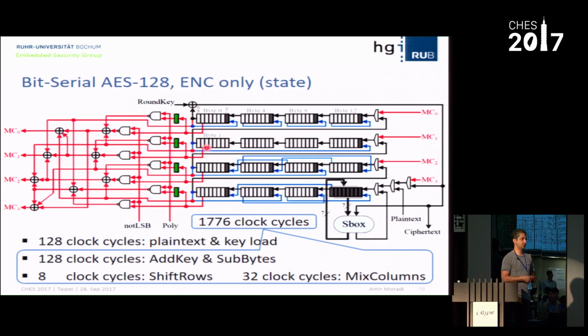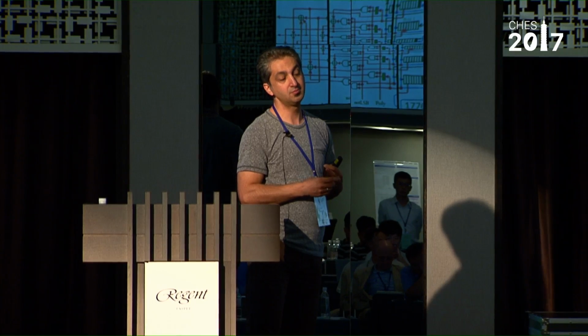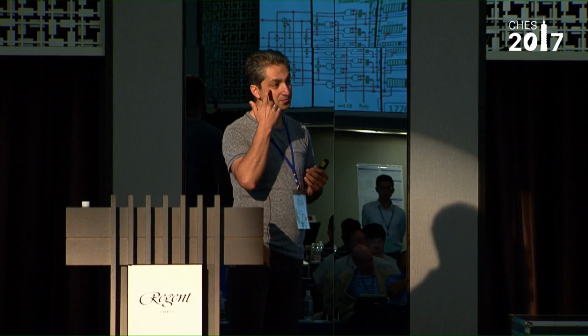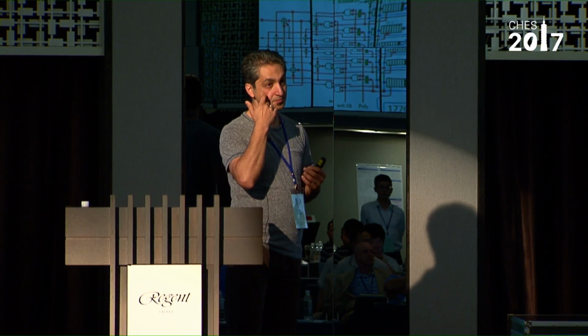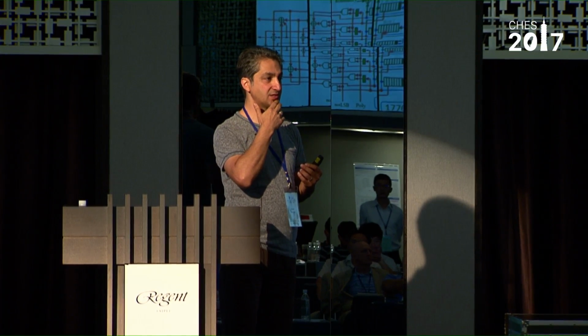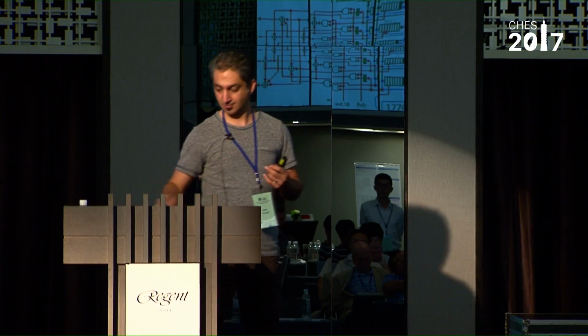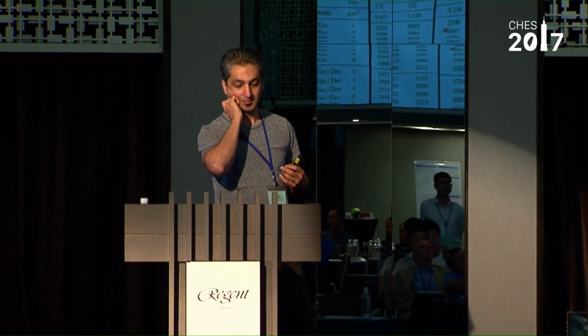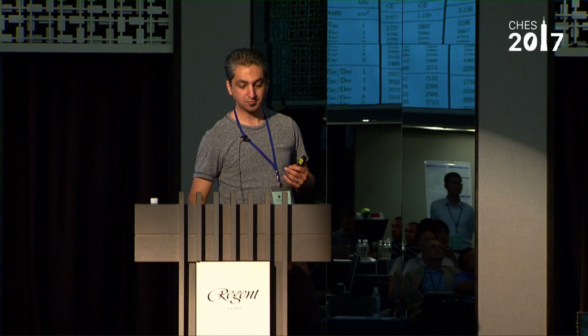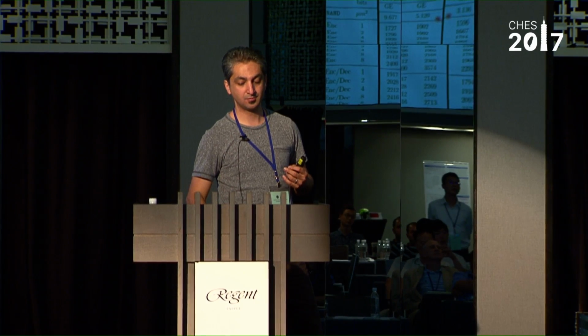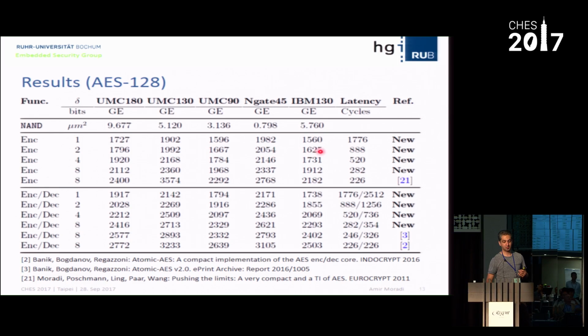Okay. The other thing you said is that maybe the reason why different technologies have different gate equivalents is because the NAND gate size is different, but doesn't that mean that also the gates in your design have bigger size, so it should be the same? I mean, you use NAND gates here, so those also will be bigger if you use different technologies. So here, for example, in IBM, the NAND gate is bigger than UMC. It means also the gates in your design should be bigger, so that shouldn't affect the number of gate equivalents.